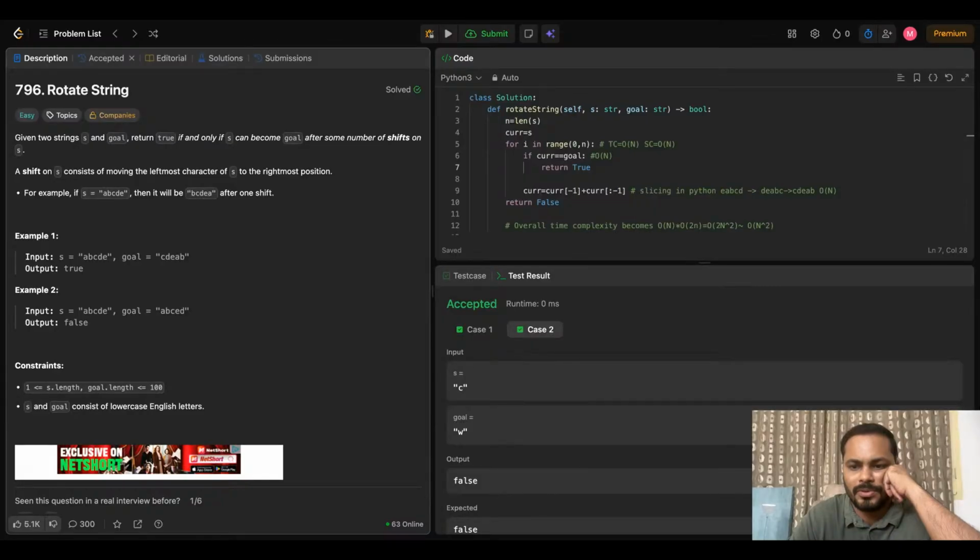Goal should be present in s plus s. Like if we concatenate these two strings,